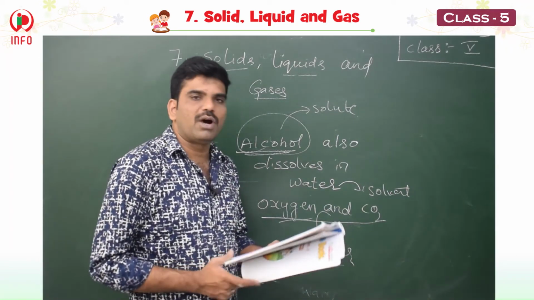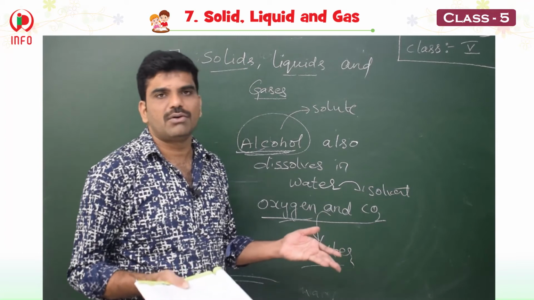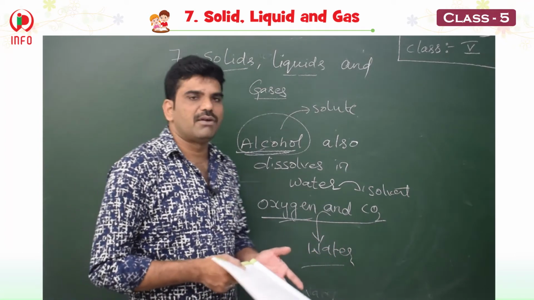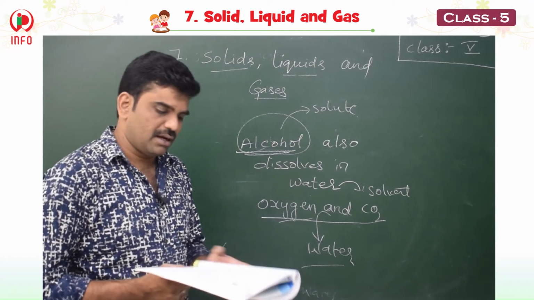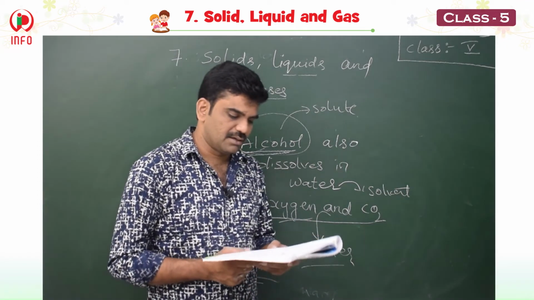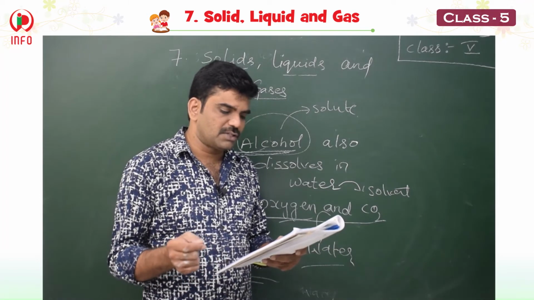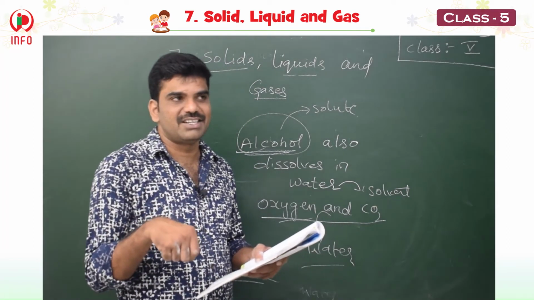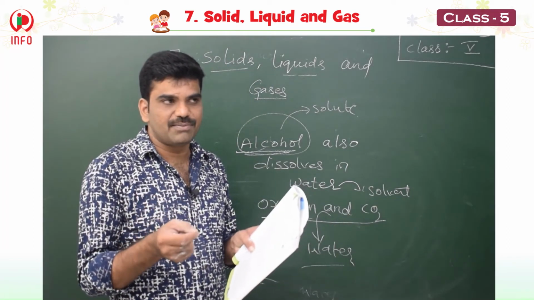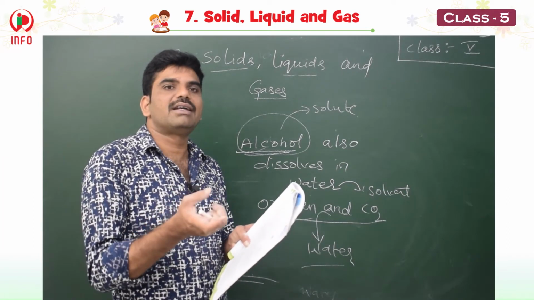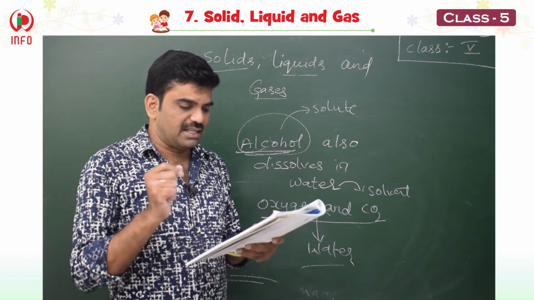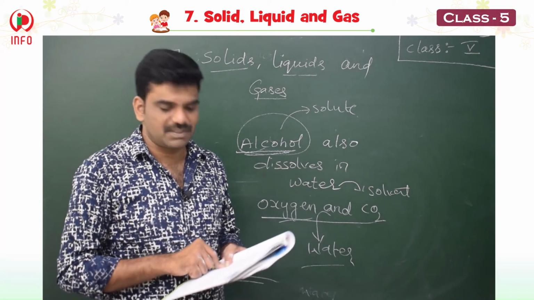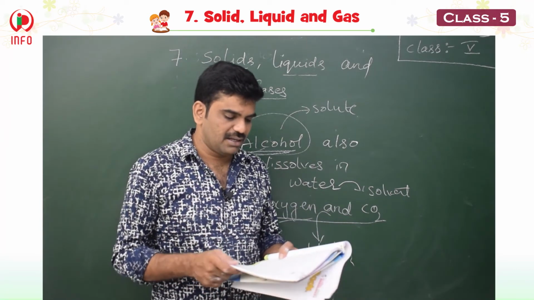When we boil water, children, you know how to boil water. We have to keep the water in a vessel under the flame. Automatically this water will be boiled. Bubbles form on the sides of the vessel. Children, when you observe while boiling water in the vessel, the bubbles are formed on the sides. These are nothing but gas bubbles.